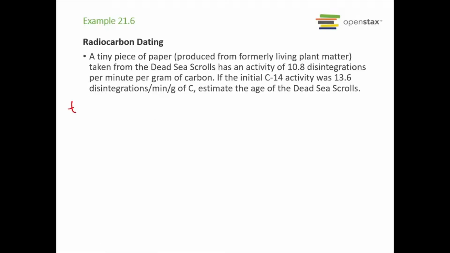So we know that t is equal to negative 1 over lambda times the natural log of Nt over N naught. And we're going to go ahead and transform this to say that t is equal to -1 over lambda times the natural log of the rate at time t divided by the rate at time 0. I don't like using capital R's. I like doing lowercase r's for rates. I know I'm weird, but